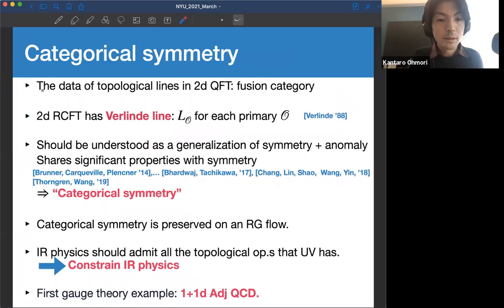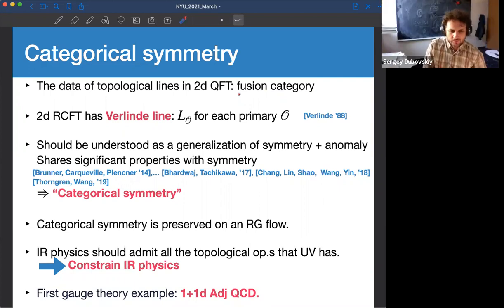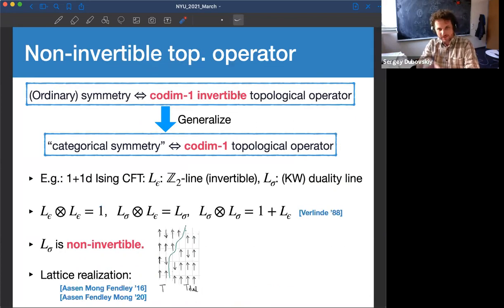In general, the data of topological lines in 1+1 dimensional QFT or even lattice systems is, in most cases, described by a fusion category. That's the name. May I ask, could you clarify where this non-invertibility is coming from? Because if I naively think, as in your example before, you have just performed some operation in some region surrounded by this line,